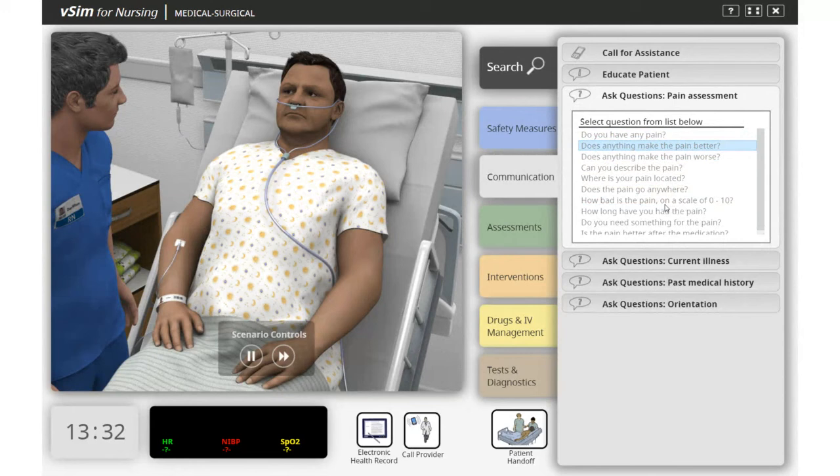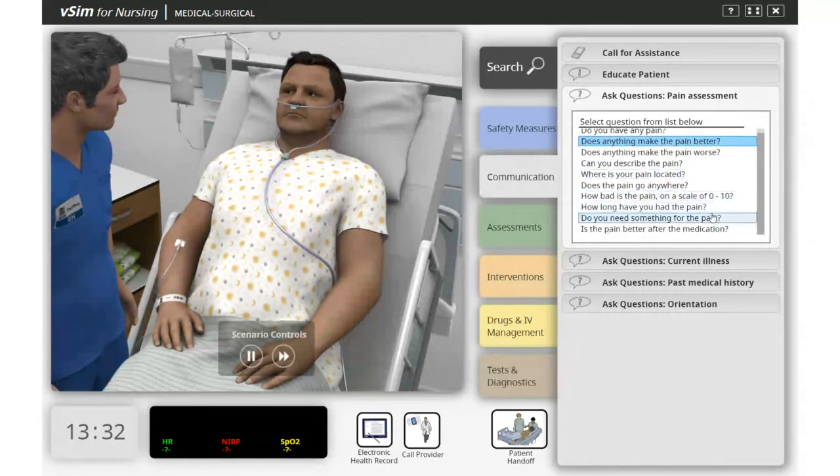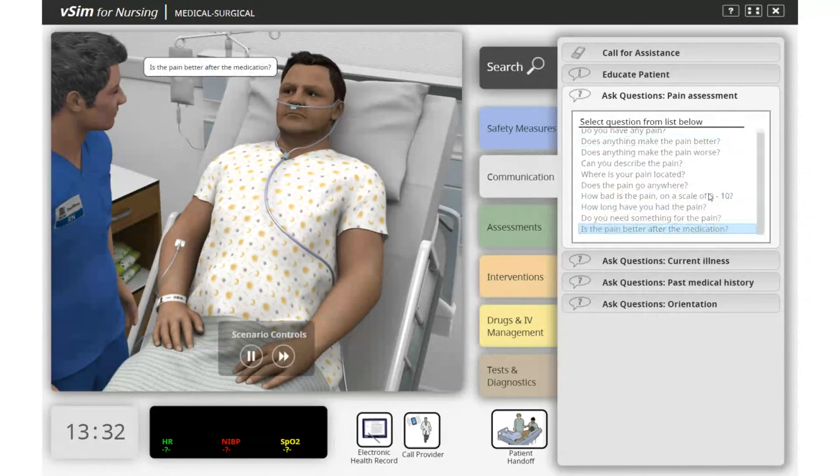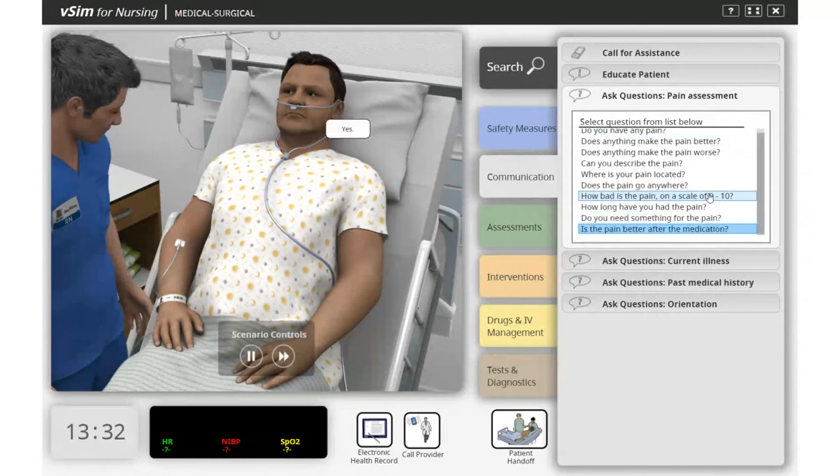Does anything make the pain better? No, I tried to take it easy, but it didn't help. Is the pain better after the medication? Yes,